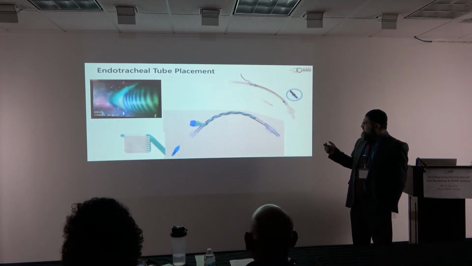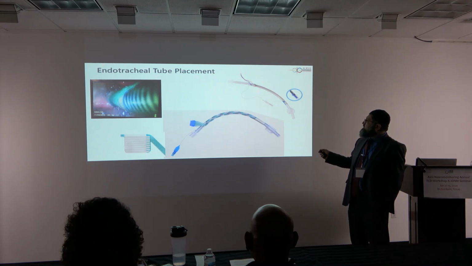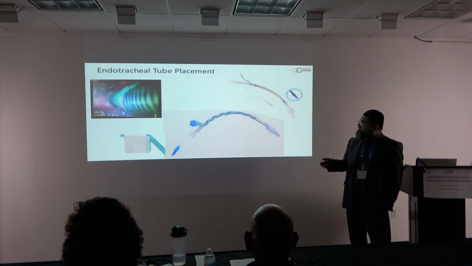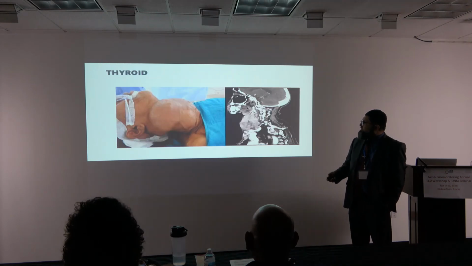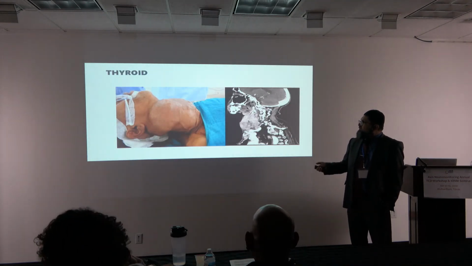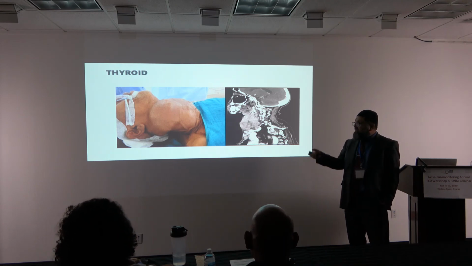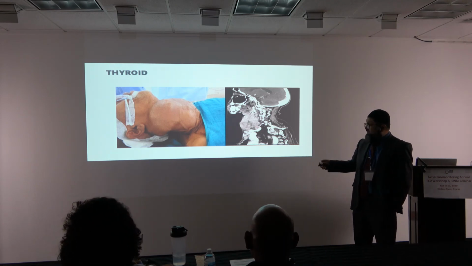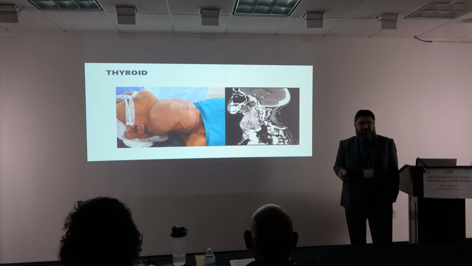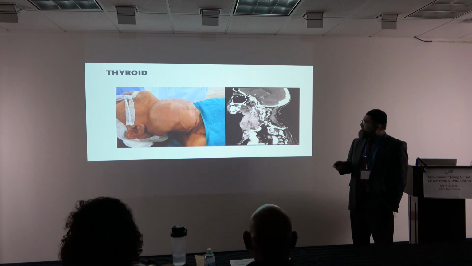So again, probably you have seen all these tubes. They come with a tube. You can put a sticker. These are the endoscopic views. I took the picture from the thyroid gland. If you see those patients, those are very small thyroid glands. But when you have a patient like this, this is a pre-op image. Finding the thyroid gland is interesting.